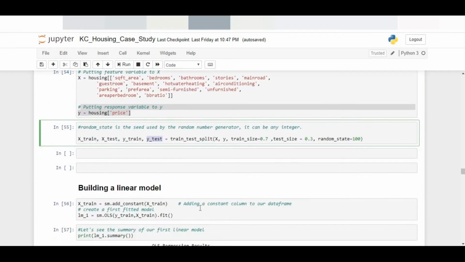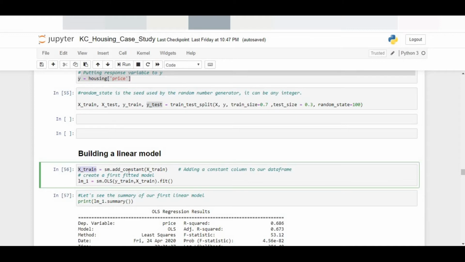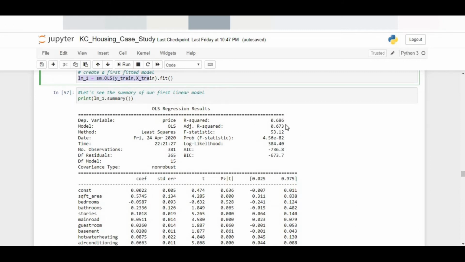Let's try to build a model out of it. I do x train is equal to add a constant to x train, right? And now I build a linear regression model out of it. Now let's take the summary and see what the model is and how the model is performing. I see the value of R square is 0.67. Remember, it can be 1 at the max and 0 the lowest. 0.67 is a pretty good score, and the adjusted R square is 0.67 and the regular R square is 0.68. Not much difference between both of them.